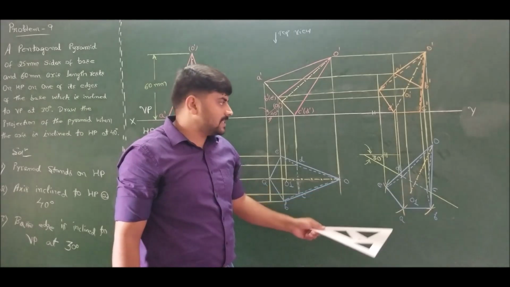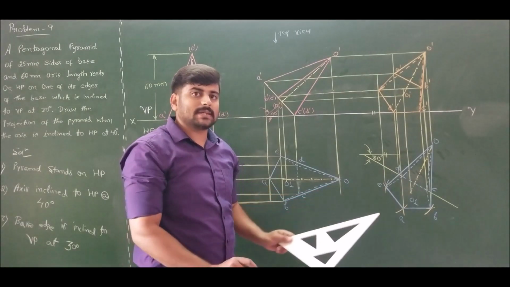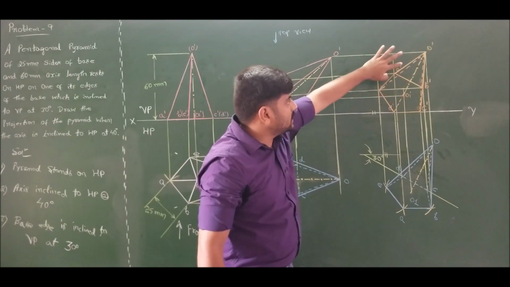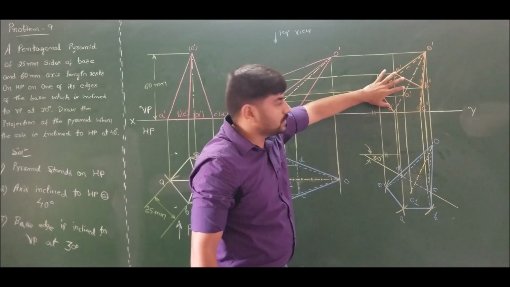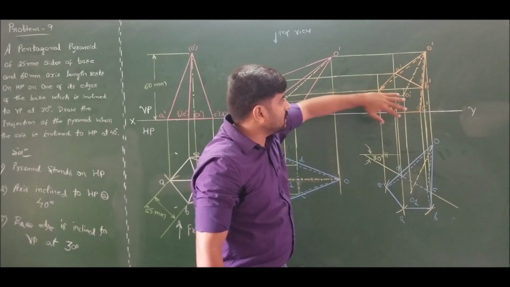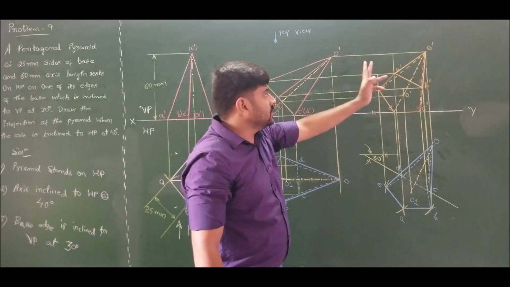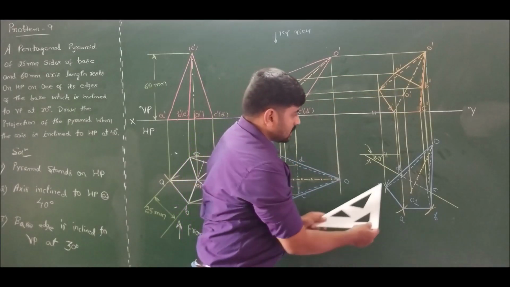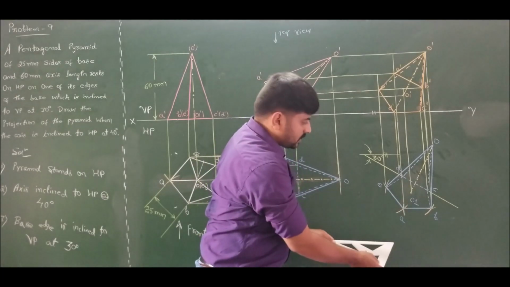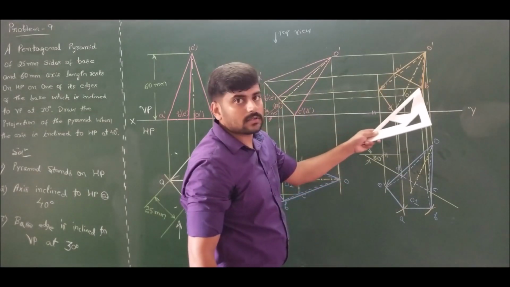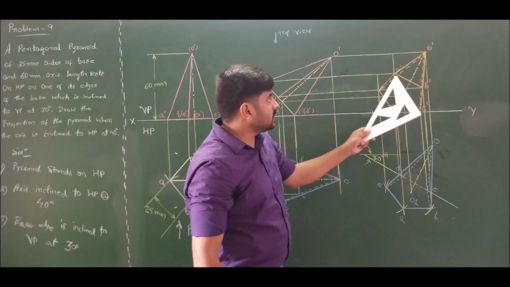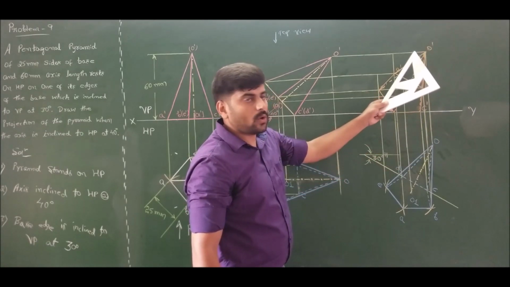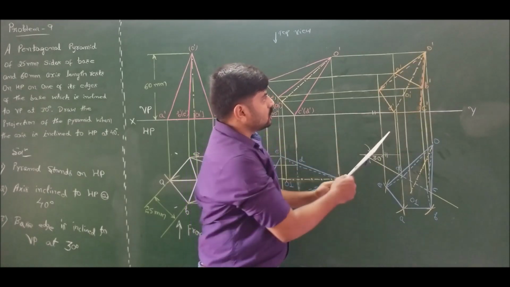Edges emerging from the farthest corner to the observer are invisible except those that lie on the boundary of the pyramid. D to O is the only edge emerging from the farthest corner D to the observer in the front view without passing on the boundary of the pyramid. Using our second condition, common lines cannot cross over. You can observe here, since the base is completely visible and AB is closest to the observer, AB must be visible. Now E to O is crossing over, therefore E prime O prime is invisible. C to O is also crossing over, therefore C prime O prime is also invisible.